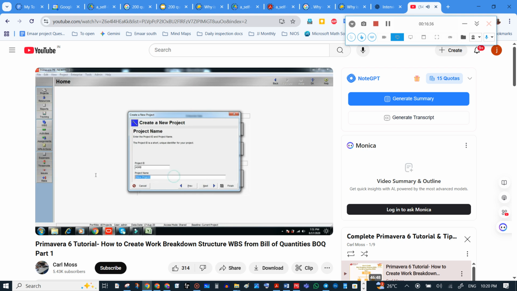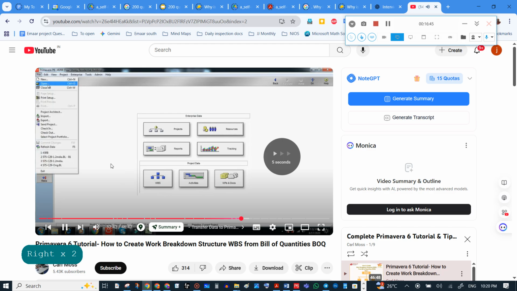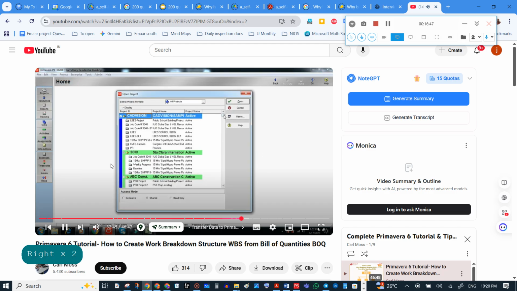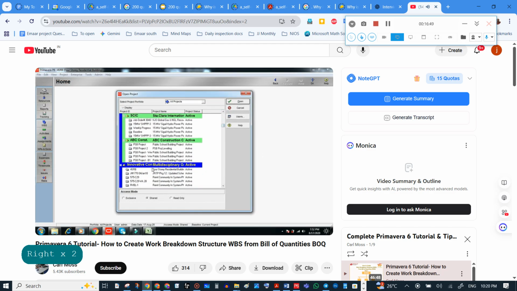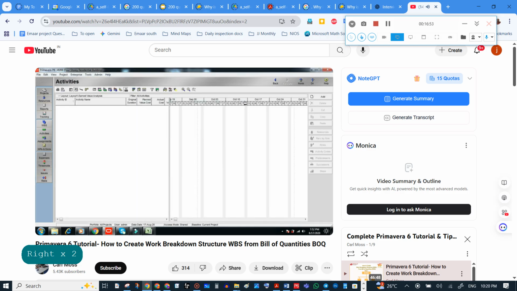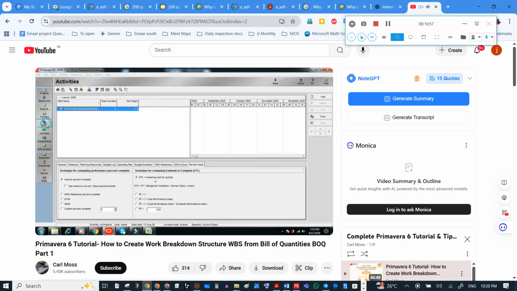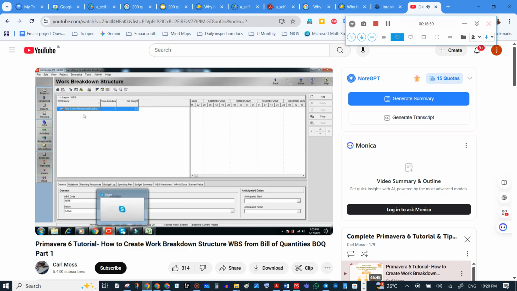Project name, 4-story building. Click open, look for our project. This is for the 4-story residential building. Then click WBS. So this is the title of our project, 4-story residential building.